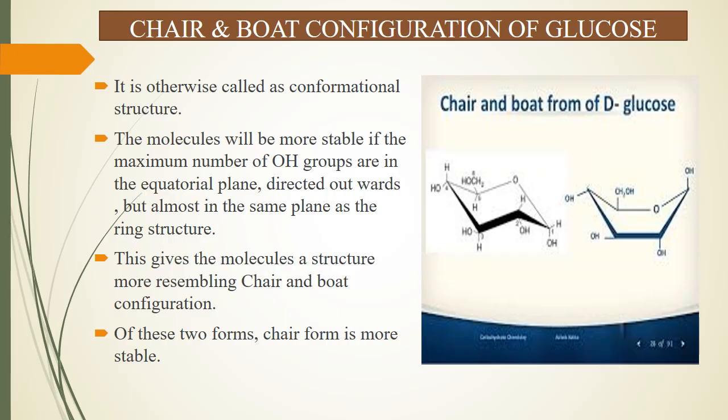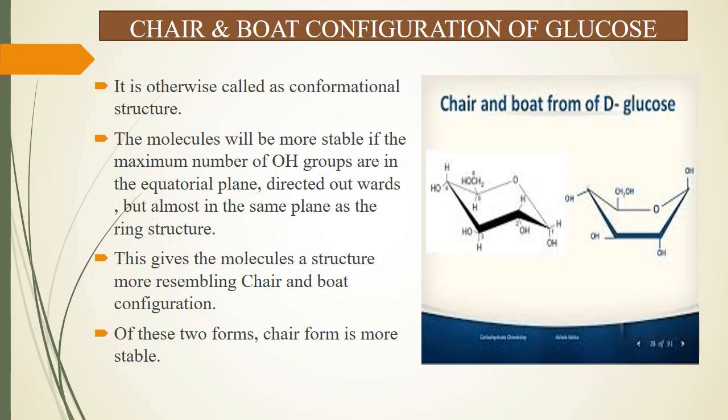This gives the molecular structure more resemblance to the chair and boat configuration. Because the structure of glucose represents the chair and boat form, of these two forms, the chair form is very stable compared to the boat configuration. Why is the chair more stable? Because more hydroxyl groups exist in the same plane. So the chair form is very stable compared to the